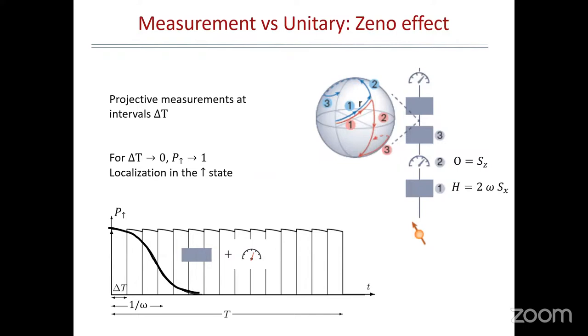So why measurements? Because measurements generically compete with the unitary evolution of the system. The simplest case where you see that is the quantum Zeno effect. As simple as can be, no many body yet, just a single qubit. What you see on the right is the time evolution of a system represented in terms of quantum gates, which are the gray part for the unitary, and those dial symbols represent measurement. If you have an intercalation of measurement and unitary evolution, the system will evolve as depicted on the Bloch sphere. We will have some unitary part, and then the system will evolve according to different trajectories, which kick the system to the north or south pole.